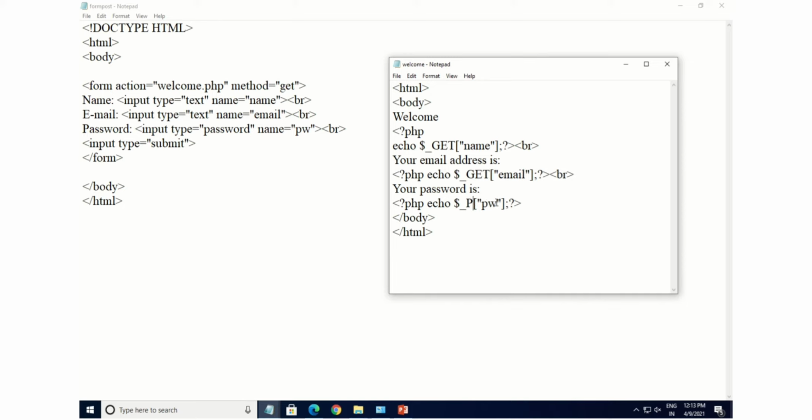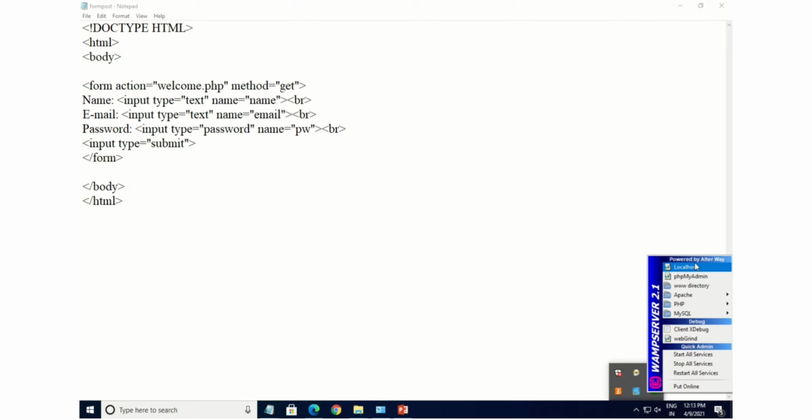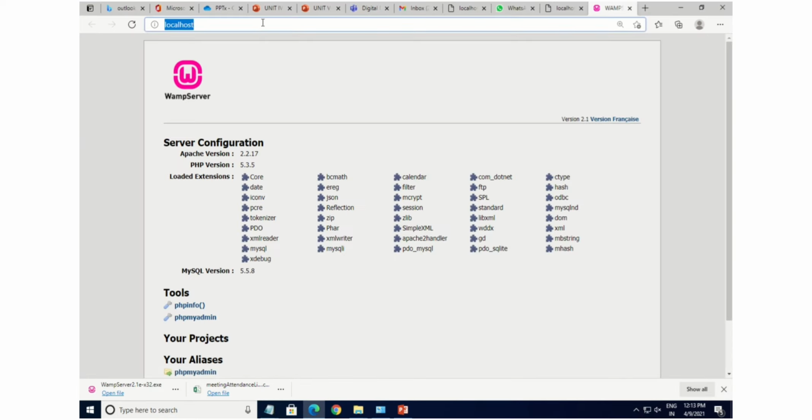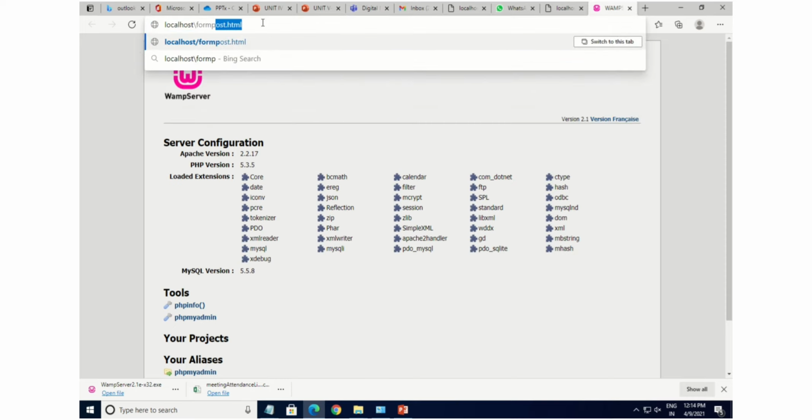Wherever I was using the POST array, I will change it to GET. Once done, you can save this file. You can also save this file, because here also we have made the change in the method. Save this file with the same name, or you can use another name.